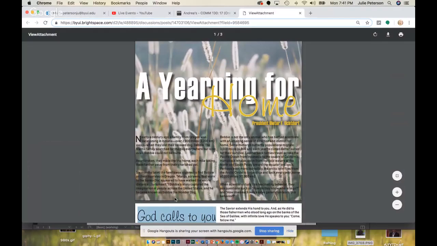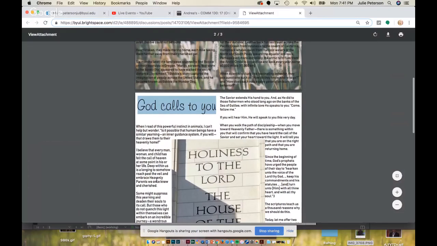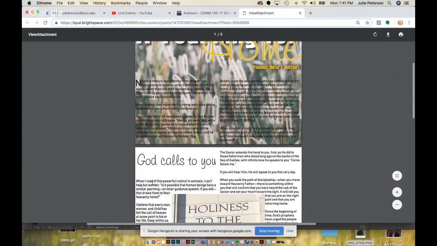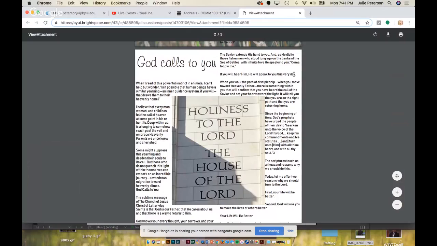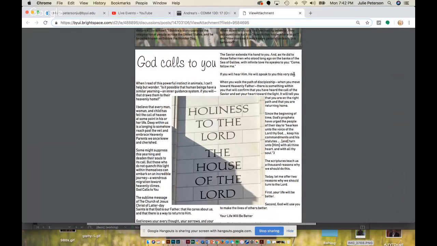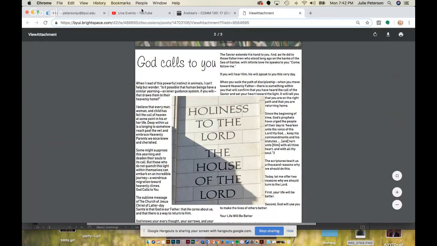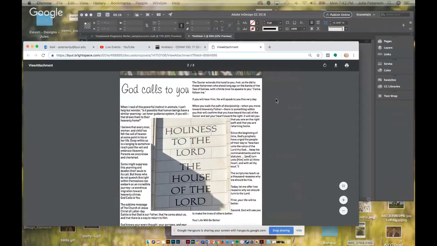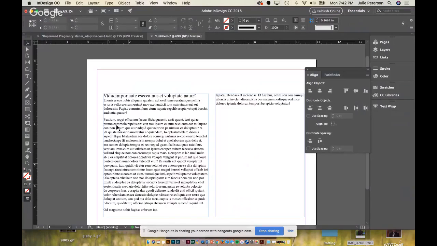The other thing that I'm noticing is that your text is way too close to the edges here. So what's the problem with that is, this is a magazine spread, and if we were to take it to the printer and they had to cut in a little bit, your text could easily be cut off. So you want to make sure your text is always a half inch in from your page. That's why we have these margins here.